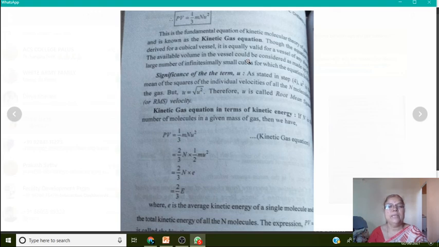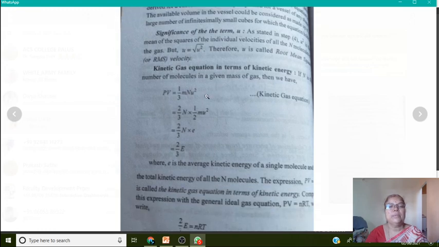The kinetic gas equation in terms of kinetic energy. Here we will see the kinetic gas equation in terms of kinetic energy. All of you know the kinetic energy is given by 1/2 m u square, where u is the velocity, and we have PV is equal to 1/3 m n u square. It is the kinetic gas equation. So we